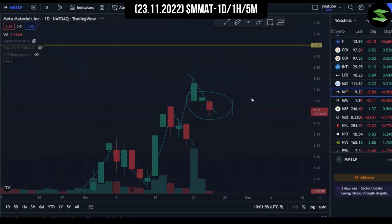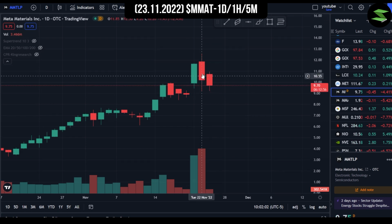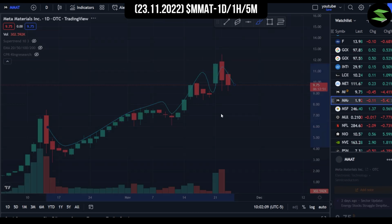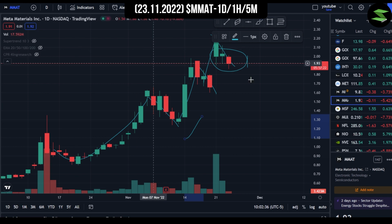If we look at MMTLP as well for a change, we can see that it's the same price action. We're getting a pullback only to get a stronger bullish trend. It's the same price action coming back to MMAT. Well, why isn't it loading? I'm sorry for that. So now that we're in the 1-day chart for MMAT back again,